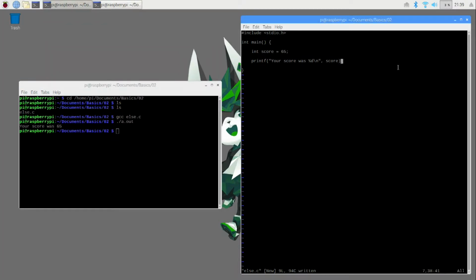Okay, everything's good, but this program is not very effective or useful. It just says your score is 65. So let's have our program do different things based on what we put into it. If the score was less than 50, we can say printf("You need to do better\n"),